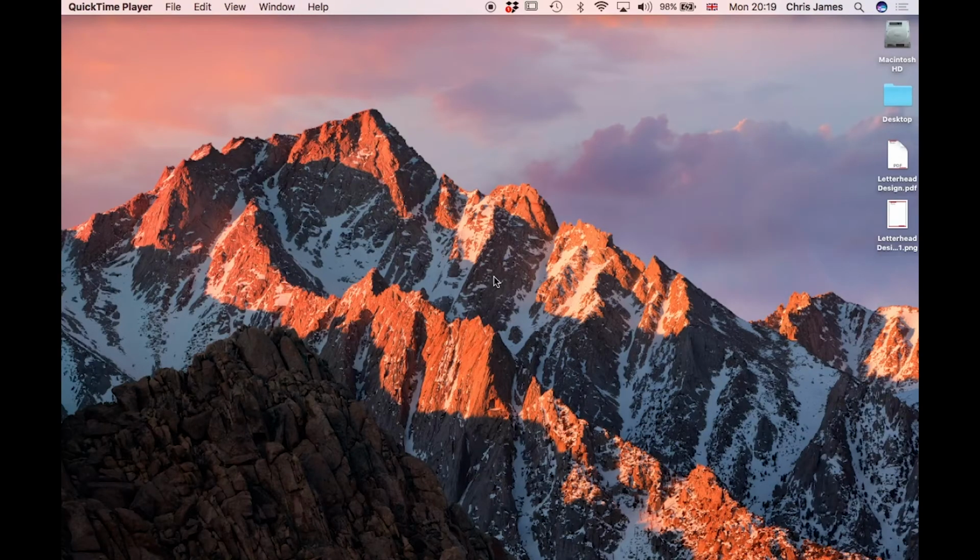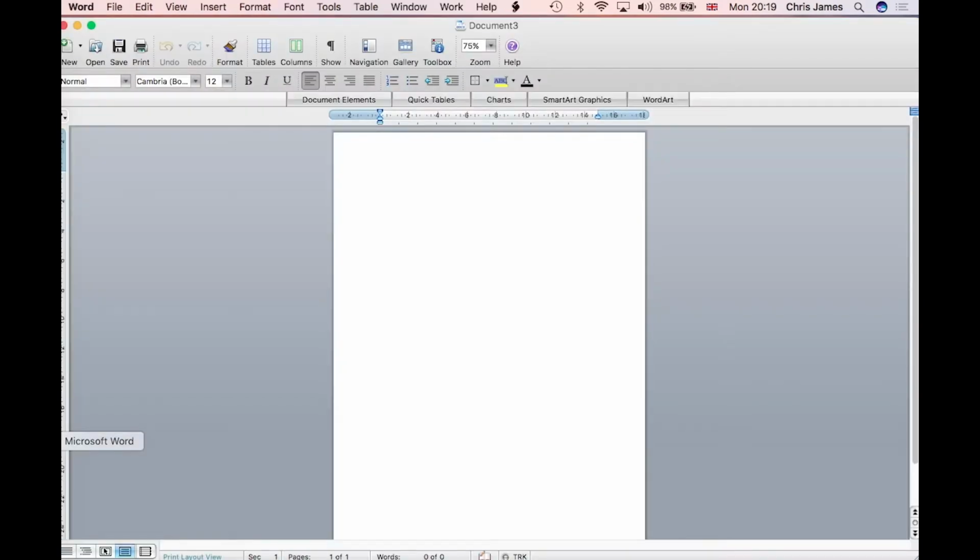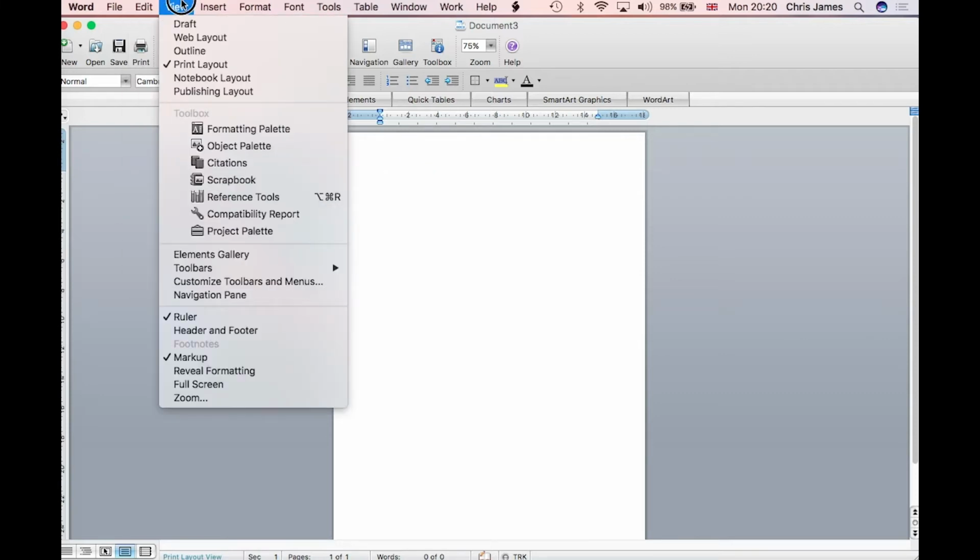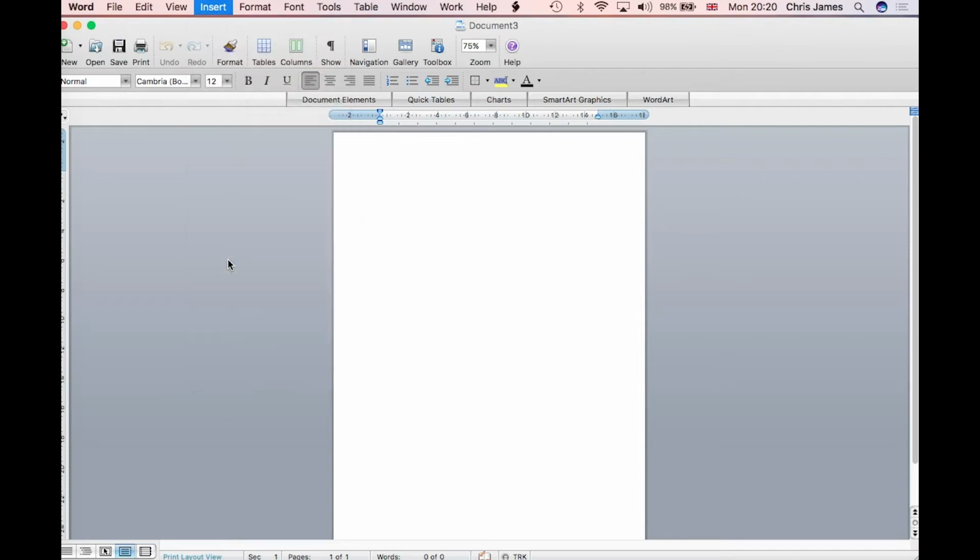Okay, so I'm here on my MacBook Pro, and the first thing you want to do is open up Microsoft Word. The first way I'm going to show you how to import your letterhead is the easiest way, and to do that you want to set up your page whatever size you're working to. Obviously in the UK it's A4, so it's 297 by 210 or 210 by 297. Apologies for that. You want to go down to Insert and click Watermark,